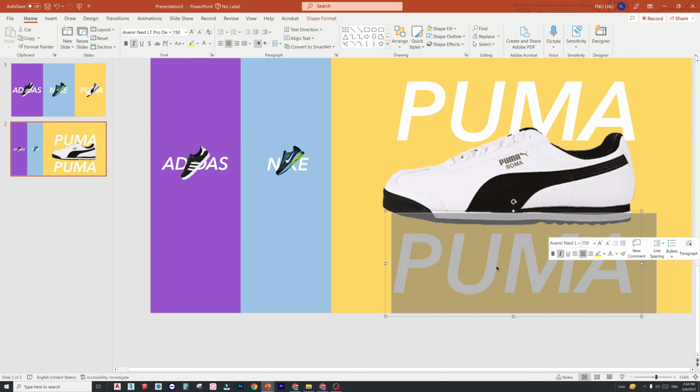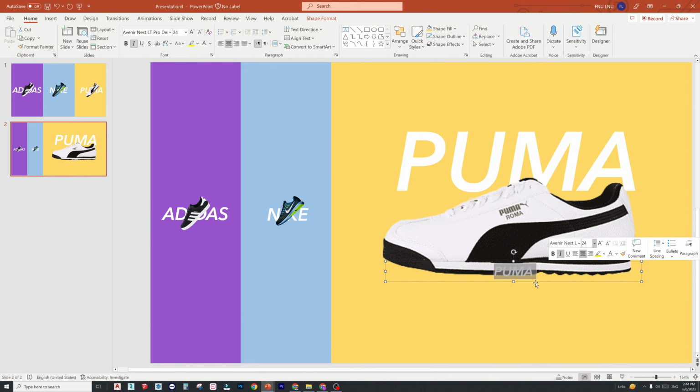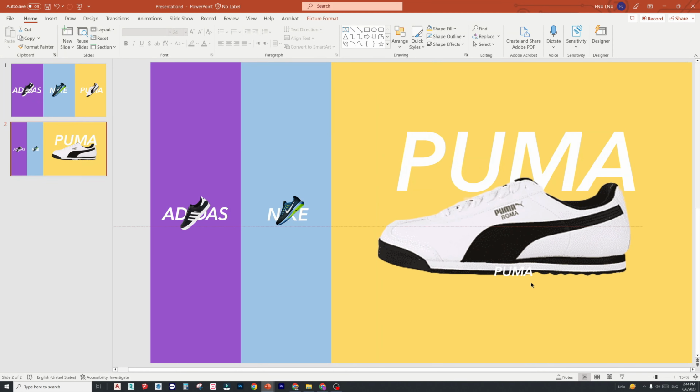Change the size of this duplicated text to 24. Bring it down and write whatever you want. I will just insert the lorem text.